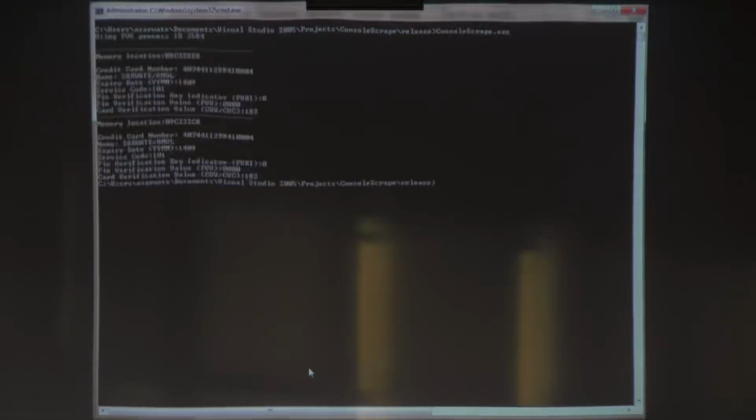Now again, remember, this is a separate program that I'm running, this is the malware, and the POS process is basically this process. So when I do this, actually it's pretty quick. It gave me all the data that was on the credit card. So it gave me the credit card number. So the first is the memory location where it found that data. So that's the memory location. Second is the credit card number,